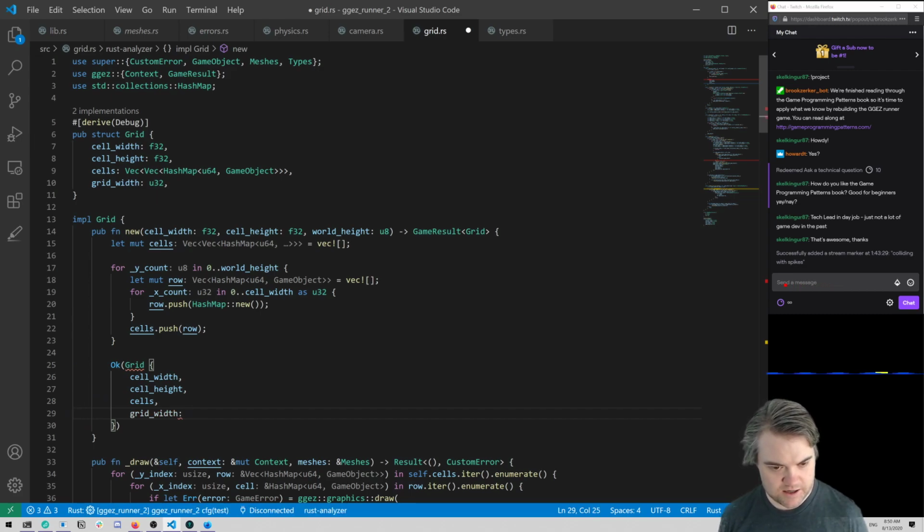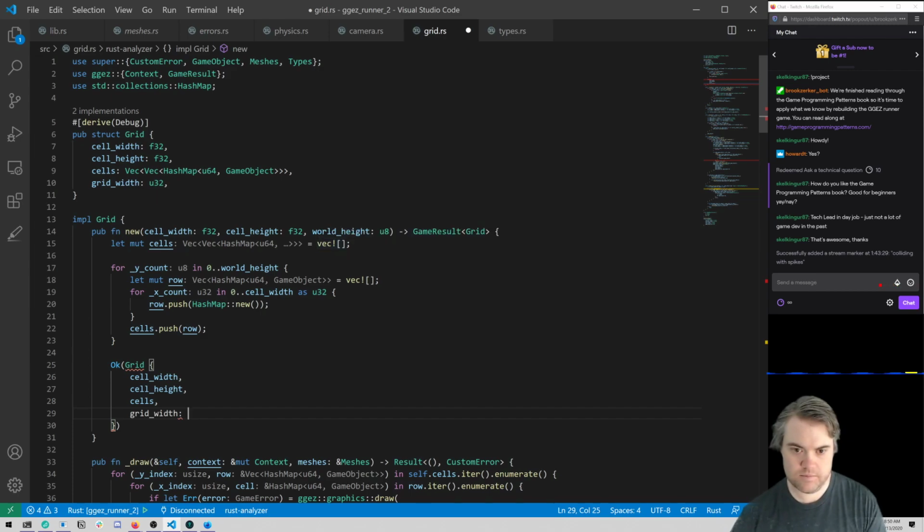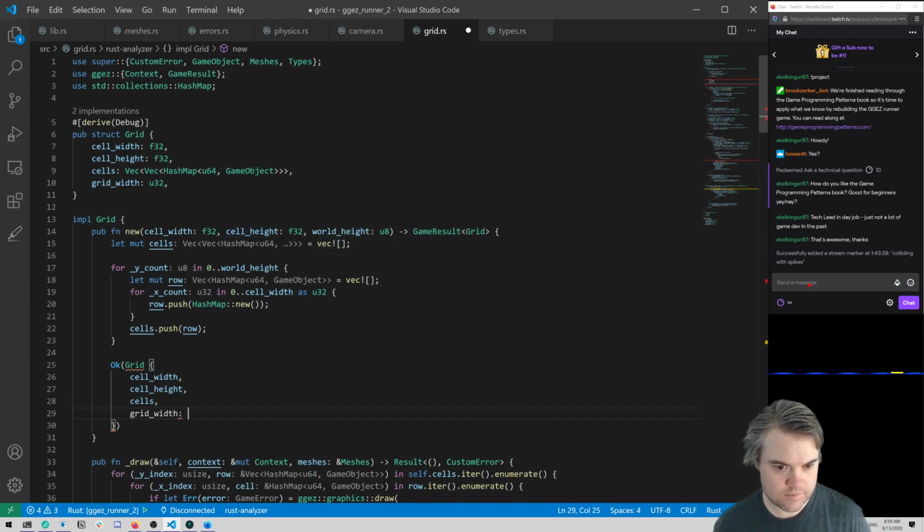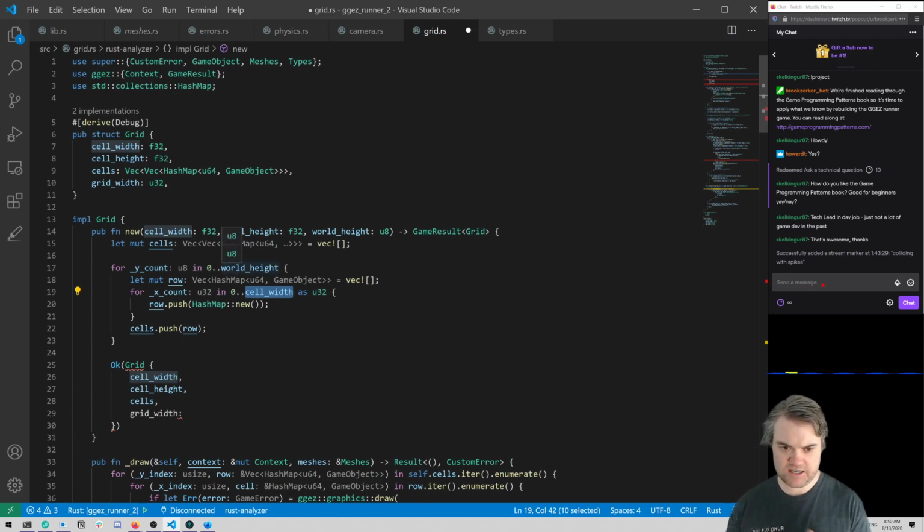Okay, grid width is going to be, basically, whatever this is. Cell width. So for X count, use cell width. Oh, this is going to be minus 1. So cell width minus 1. Now the cell width is actually